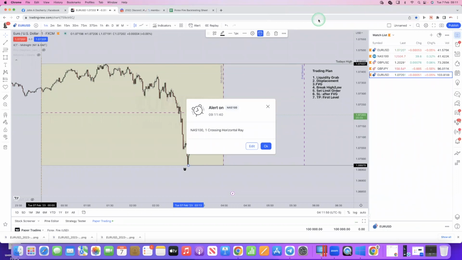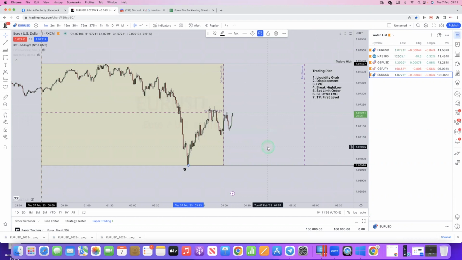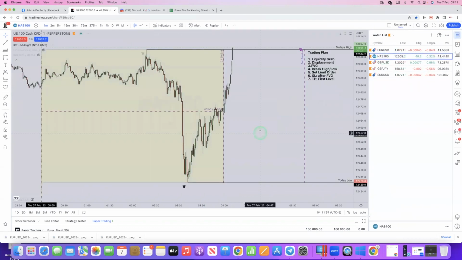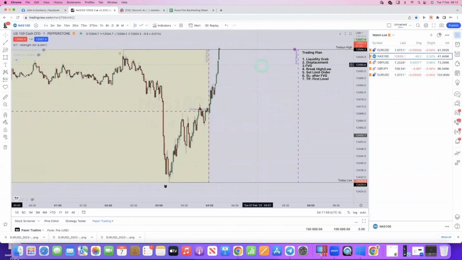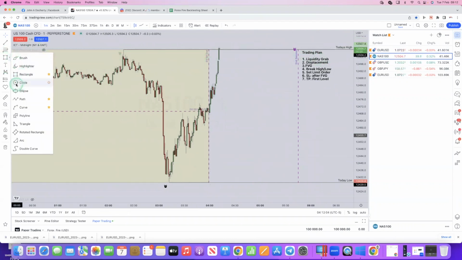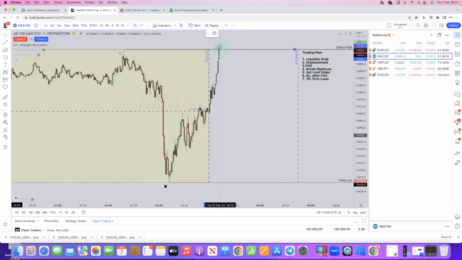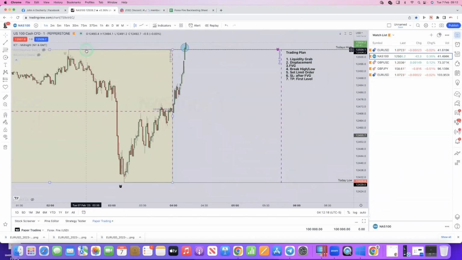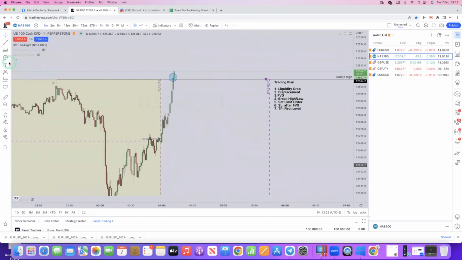Right, guys, so now our first alarm has gone off, and it's actually on the NAS, which is pretty exciting because I've never really traded the NAS, in fairness. We first of all look at the trading plan: liquidity grab. So we get the circle and identify the liquidity grab. Now, we do need to move this structure to the next high point, but at the moment, I want to get in on a trade before we officially move this. So a couple of things that we are looking towards,